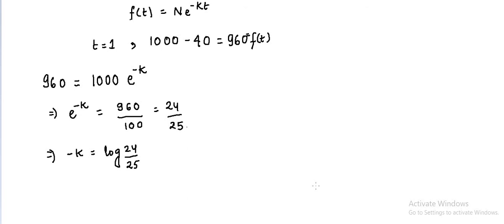So what we are going to do exactly here is put down the value of f(t) equal to 500, and we will be calculating the value of t. This is the time period which has passed and already half of the population have heard. Fine. So let's do it. So when f(t) is 500 and N is constant, which is 1000 here, our minus k value is already given to us, that is log 24 by 25 into t. Now this is the value.